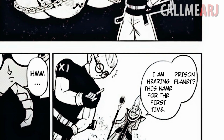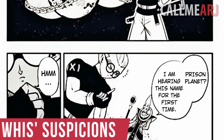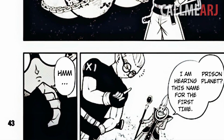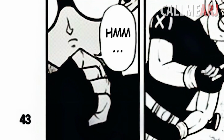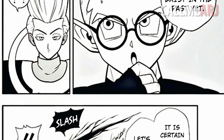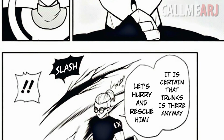Upon hearing this though, Whis questions him further, noting he has never heard of this, which is pretty alarming as Whis knows of everything in the universe and his staff can find anything. Fu is rumbled for a bit, but being such a smart guy that he is, he thinks on his feet, saying it must not exist then in the past, and then rips a hole in time and space, saying it's